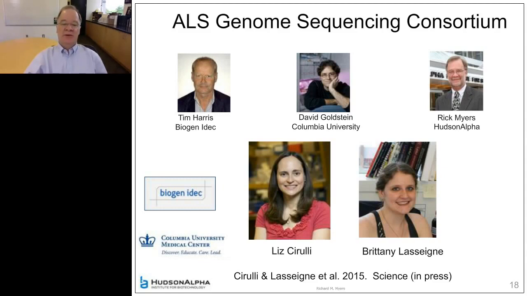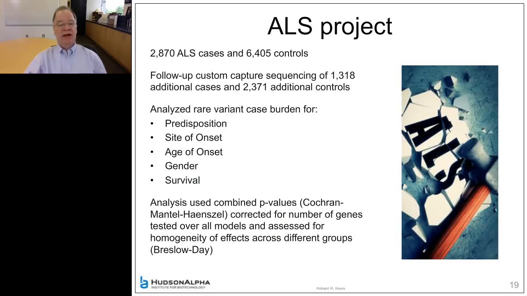I will say this was led by Liz Cerulli, a scientist in David's group, and Brittany Lassane, a postdoc in my group, and they worked closely together with each other, with the Genome Services Lab here and Sean Levy, and Tim Harris's team did this large project that we just recently published. It's not in press, it's actually out. We sequenced about 3,000 individuals with ALS. This was exomes. We certainly do whole genomes now because it would be cheaper, and then had more than 6,000